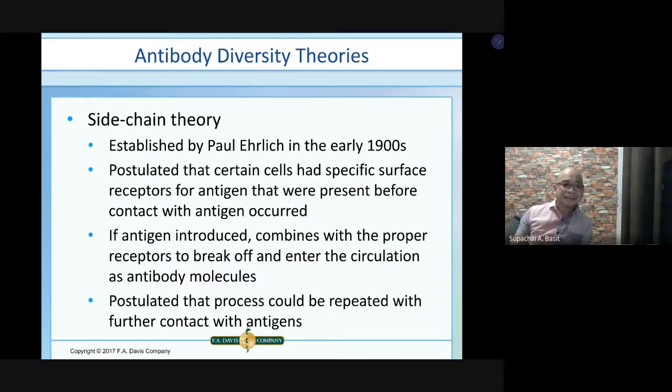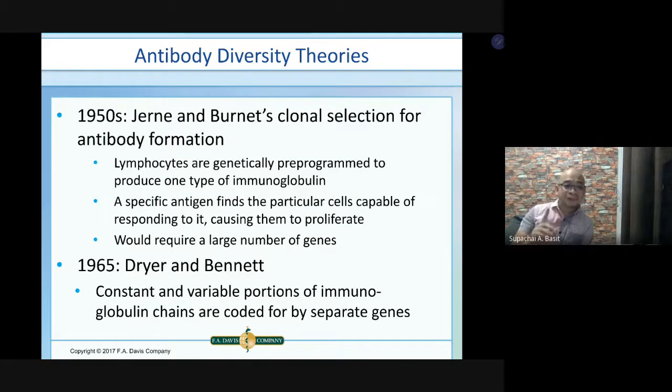However, when the antigen is introduced, it combines with the proper receptor, which breaks off and enters the circulation as antibody molecules. According to Paul Ehrlich, this process could be repeated with further contacts with antigens. The side chain theory is actually not as strong as the theory of Jerne and Burnet, clonal selection,